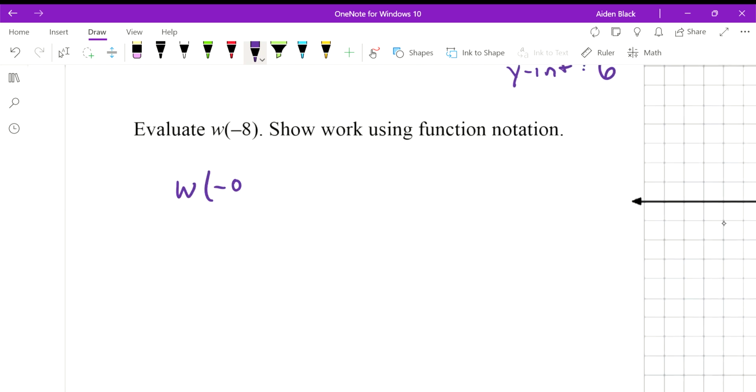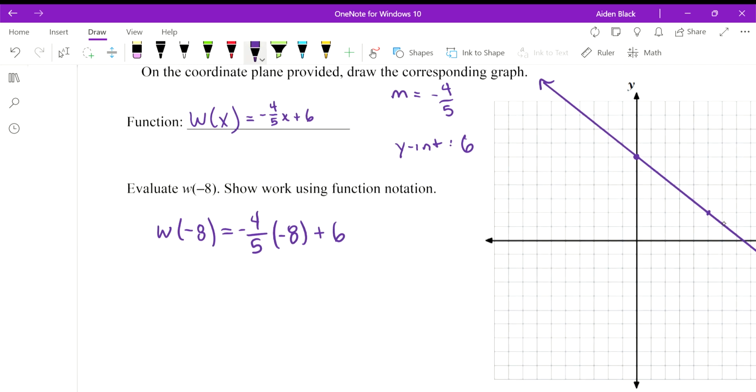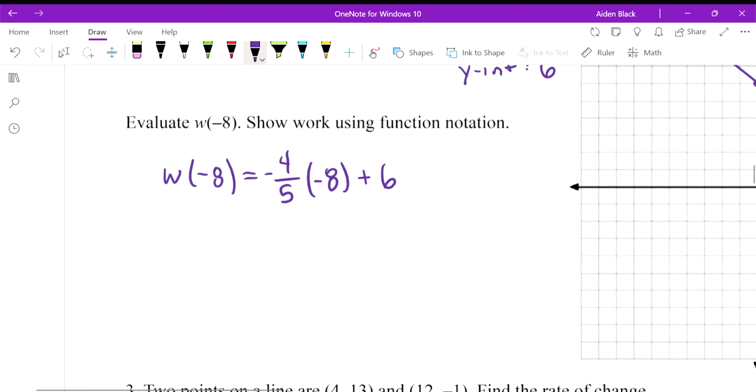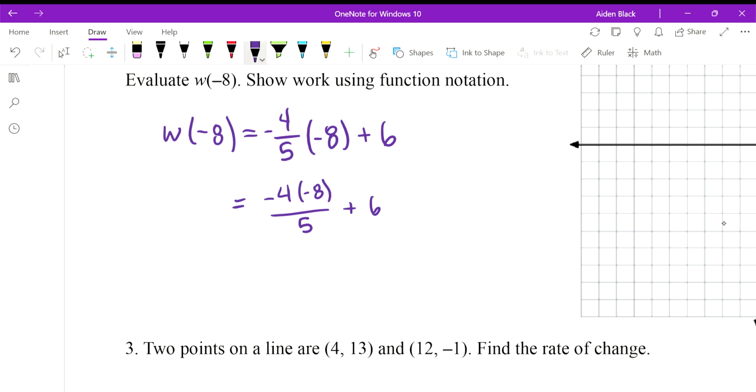W of -8 is equal to -4/5 times our x value, which is -8. So look at how these are the same, these functions. What do we get? -4 times -8 divided by 5 plus 6. We get positive